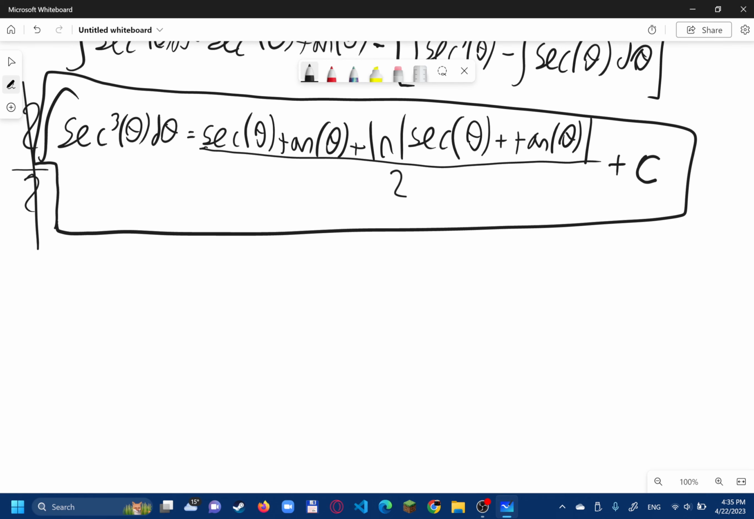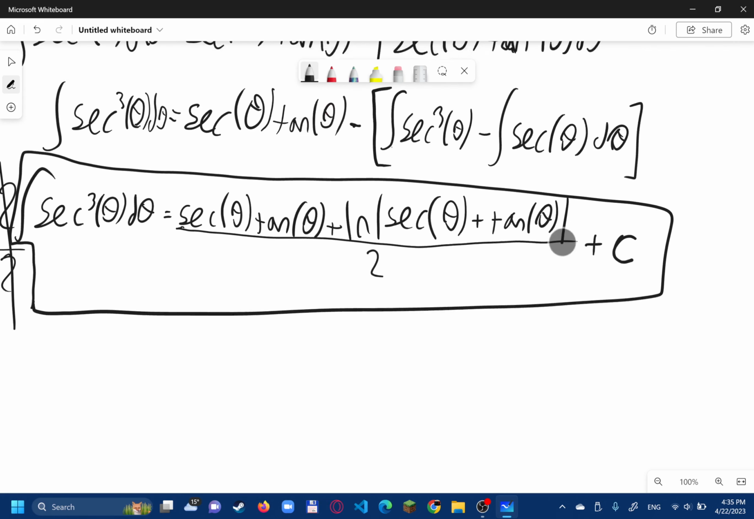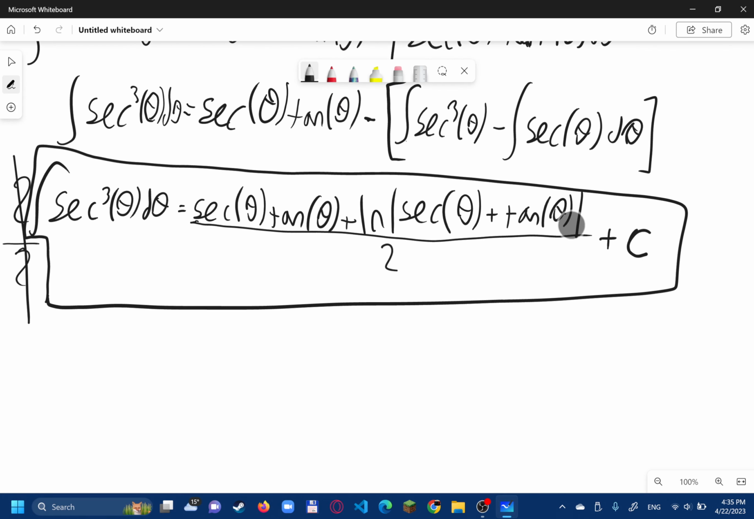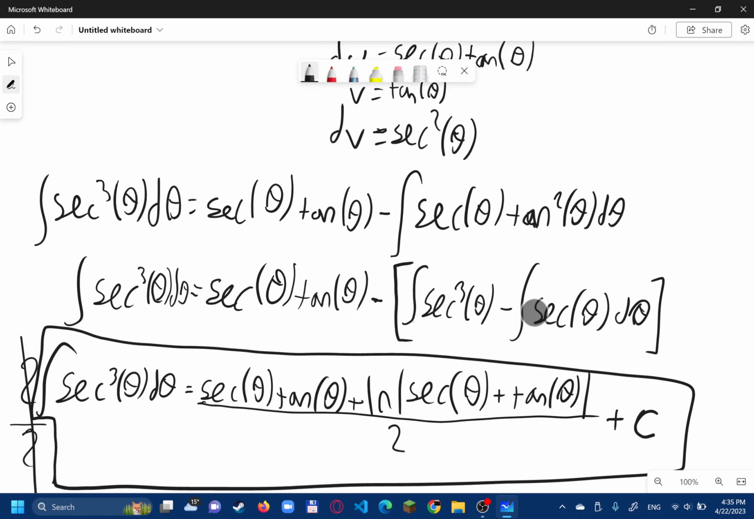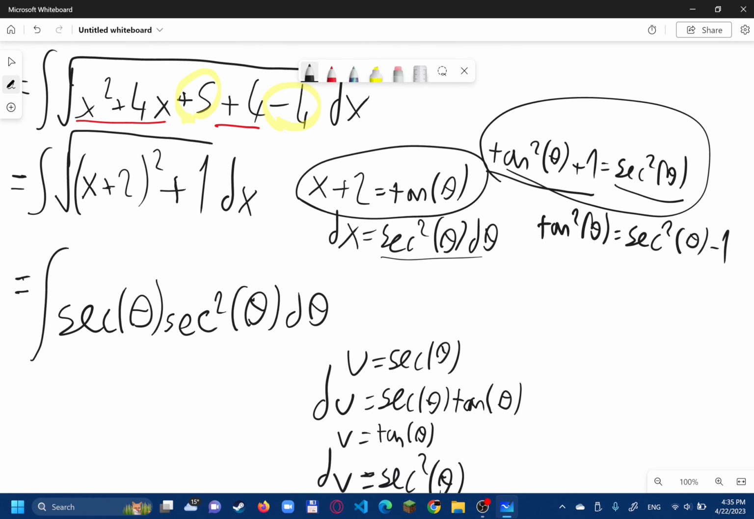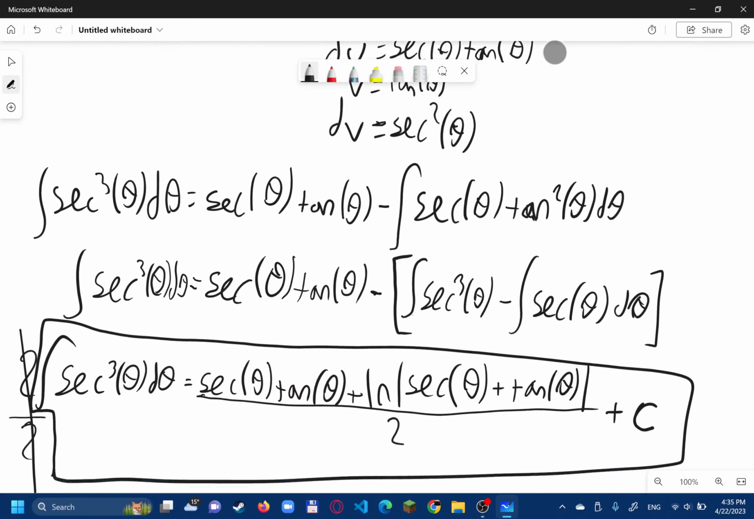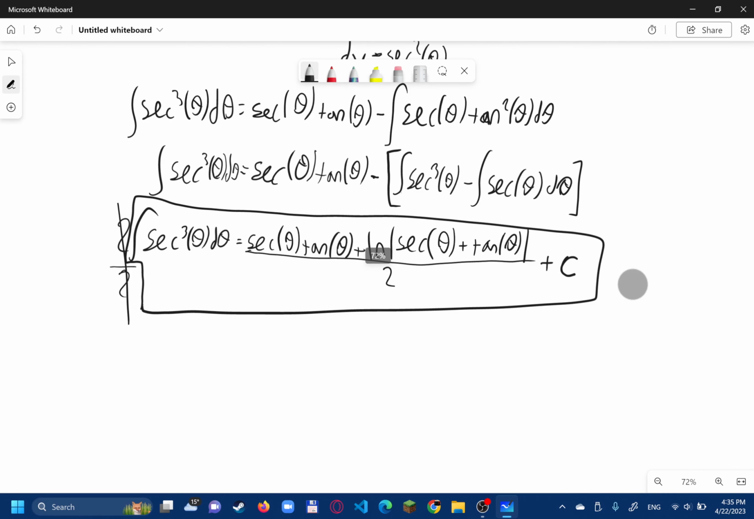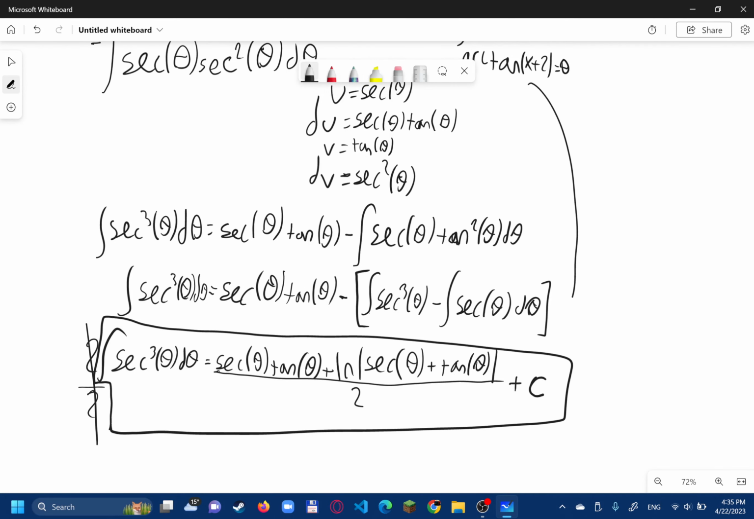So this is technically our answer, yes, but this is in terms of theta, and we want the answer in terms of x. So what was theta in terms of x? To get back to that, we have to use this substitution we used earlier on. So arctangent of x plus 2 is equal to theta. If we substitute this back into our colossal expression over here,